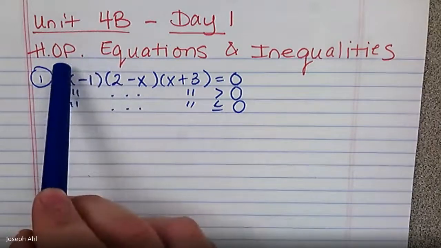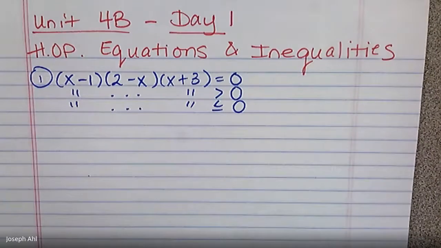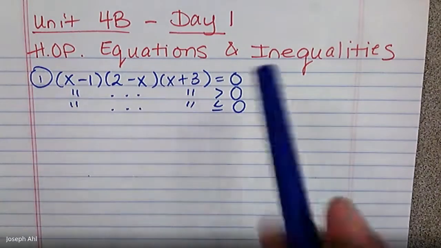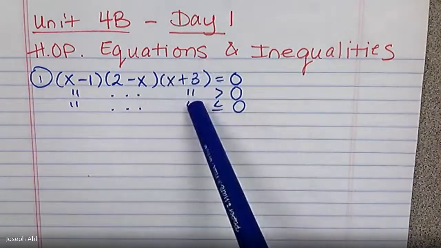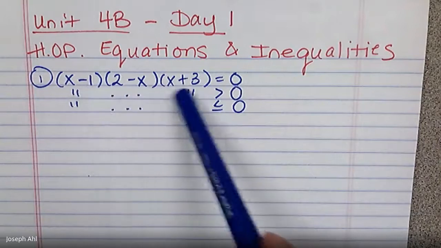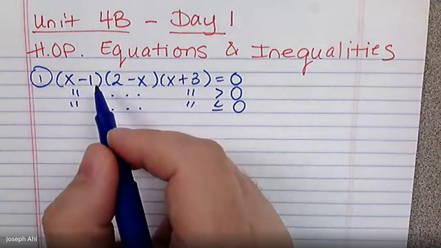this unit. So for higher order polynomials, we're going to be looking at probably degree 3 and higher for the most part. And to get started, we're going to start talking about how do we solve equations and inequalities associated with these functions. So you can see that if I look at this in a factored form, we already have more factors than we're used to for a quadratic. When you have 3 factors, we're going to wind up having 3 roots in most cases, like we would in this case. If I set this equal to 0 and solve, since it's already factored for me, we can easily